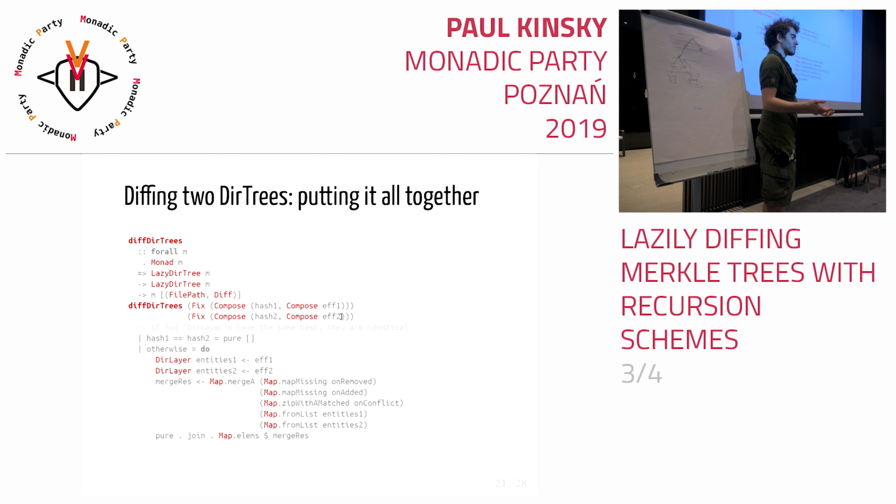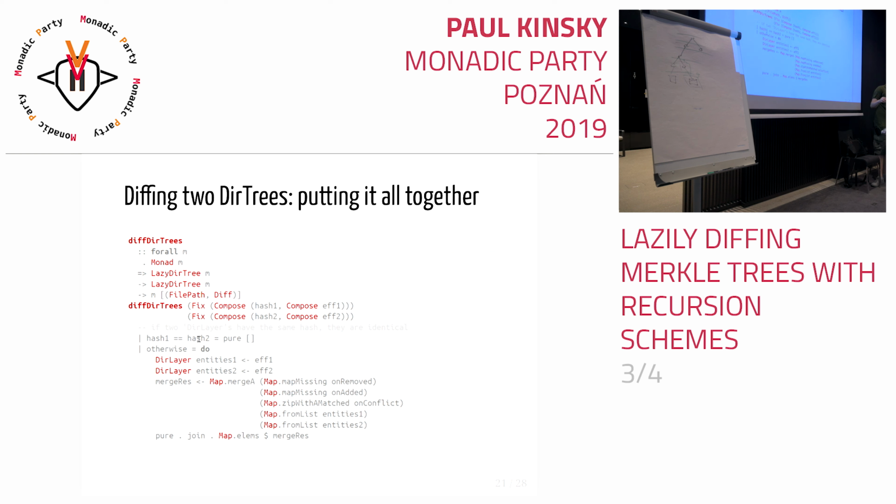But in practice, I think it's really non-trivially hard to even get them theoretically. So yeah, you compare the hashes. If they're the same, zero work needs to be done, and we don't descend into the structure in which we've interleaved actions with layers of the structure. But if there is a difference between the hashes, we now know that we have to descend into the structure,